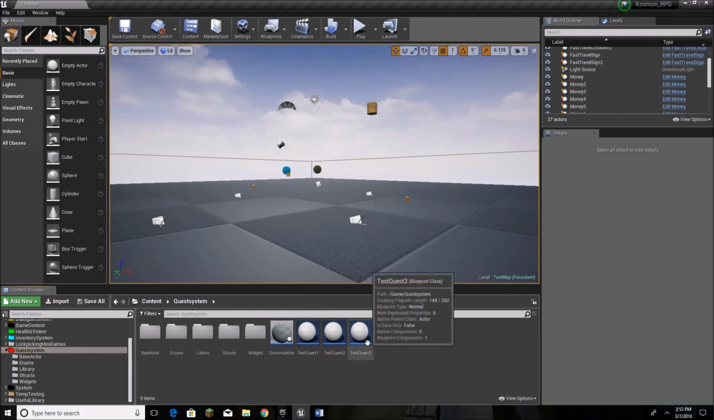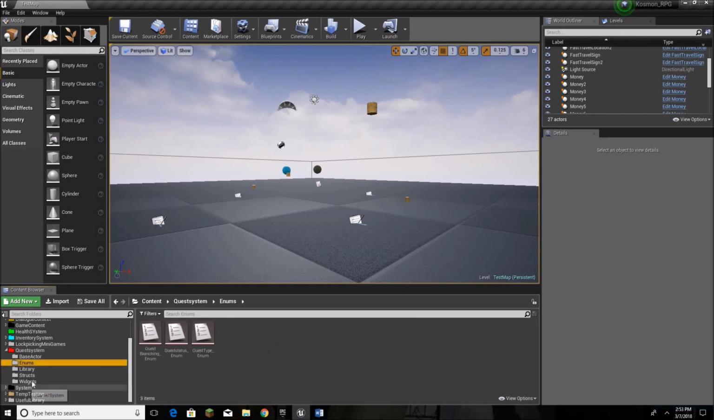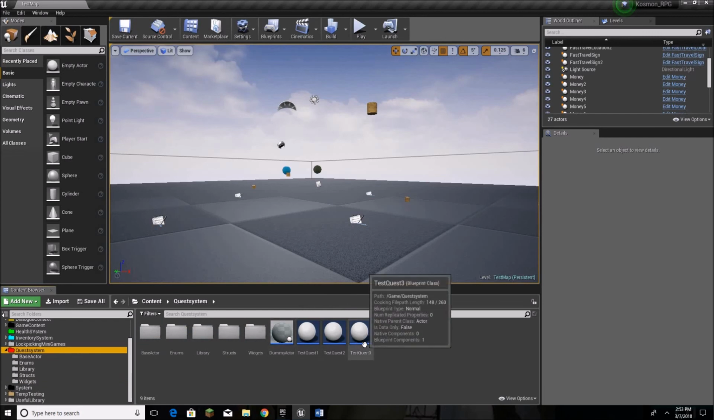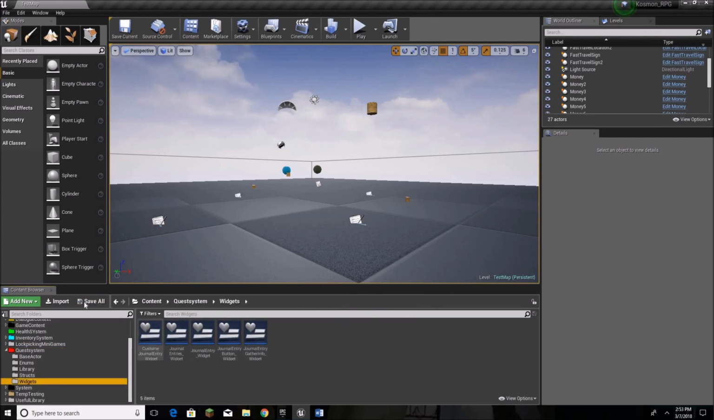I might make the test quest first, and then just print some debug stuff. I don't know how I'm gonna do it, but I'll probably show you how to set up the quest and then do the widgets after, so that way you can actually see the quest being done. We'll put it all together and actually have the displays, because this display might take a little bit. I don't know. I'll figure it out by the next video, but